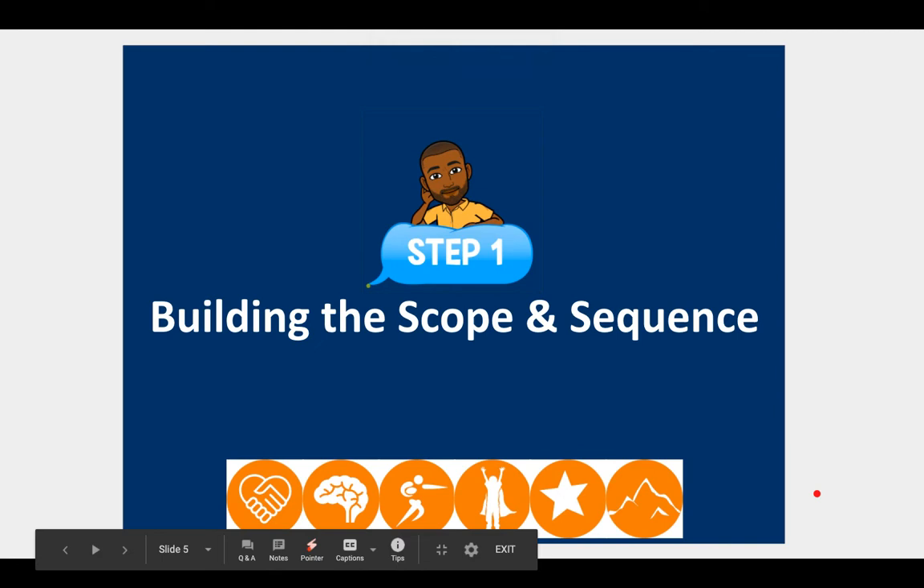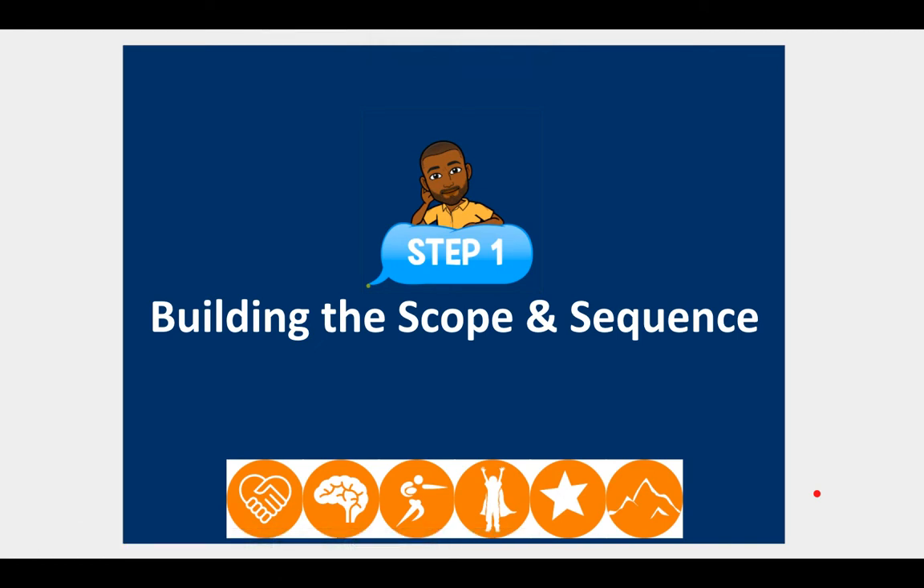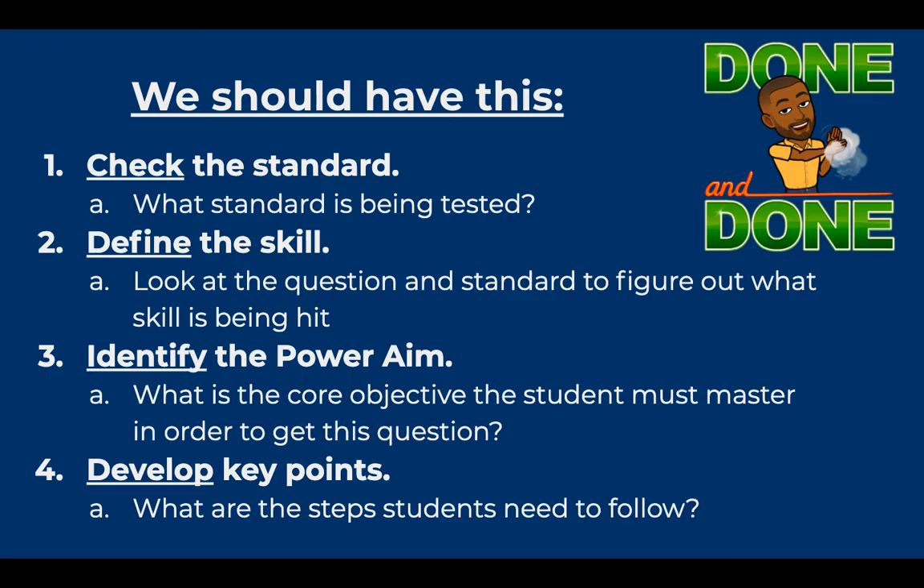All right, step one, building the scope and sequence. Okay, so at this point, we should have completed our IA analysis documents. So I want you to pay close attention. This is a process. I can't get to the second part of the process until I do the first part